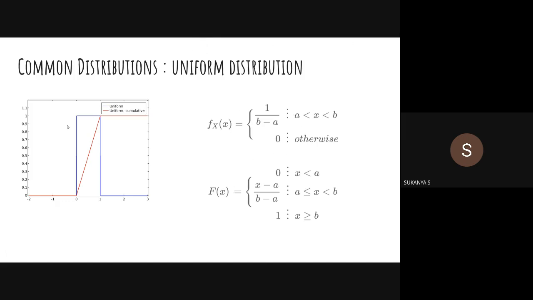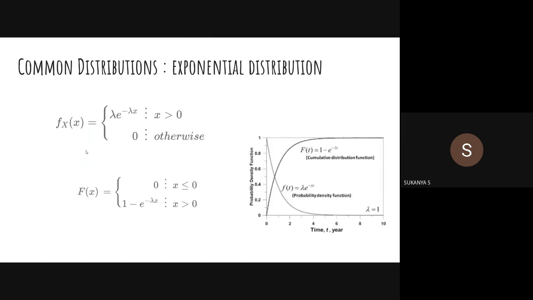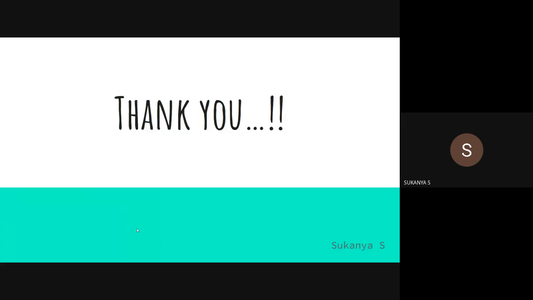So uniform distribution, you have equal probability throughout the range. Here the range is 0 to 1. But generally, if it is A to B, you have equal probability, so you have the density as 1 by B minus A. And for an exponential distribution, the parameter is lambda. You have mean as 1 by lambda, and standard deviation also as 1 by lambda. And normal distribution, you get very basic problems. You have just two parameters, mu and sigma, and when mu is equal to 0 and sigma is equal to 1, you get the standard normal distribution.